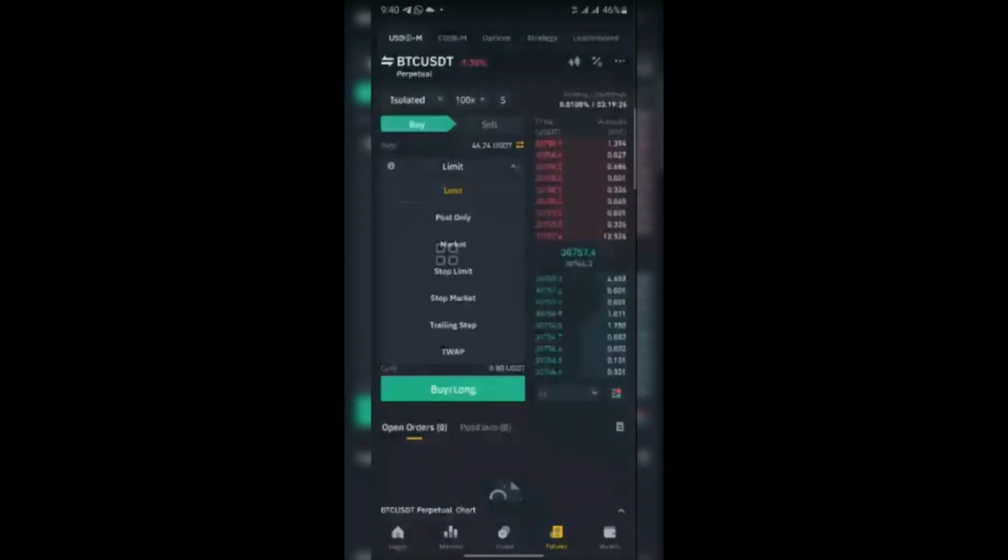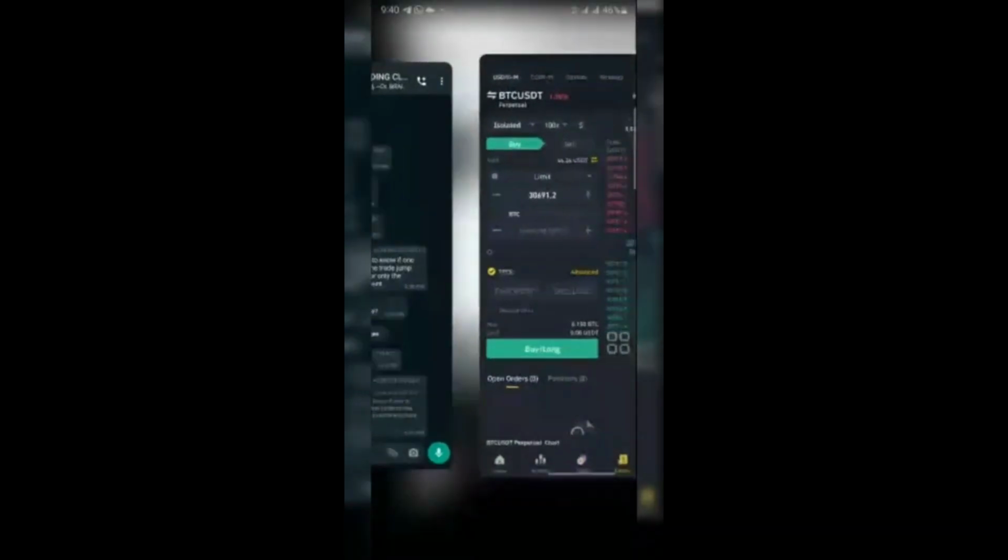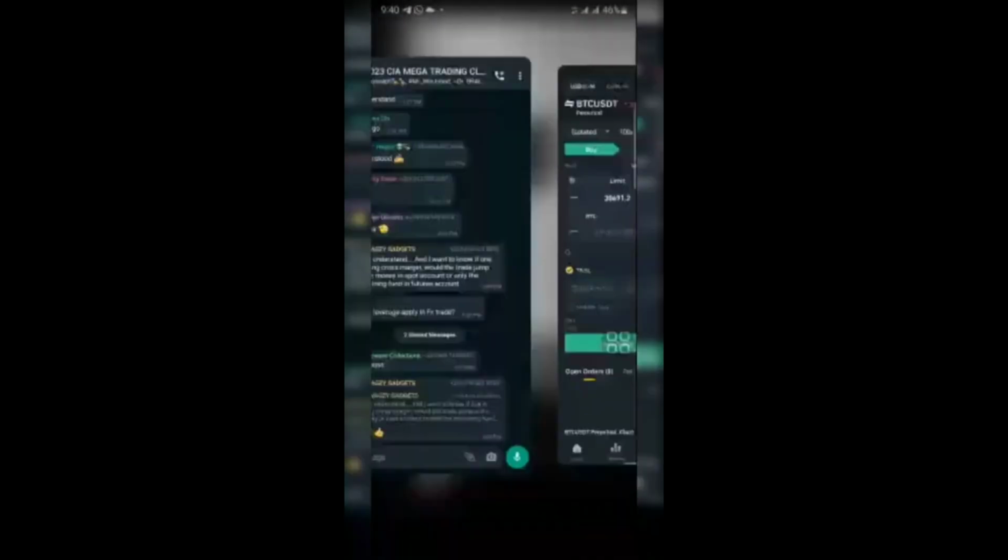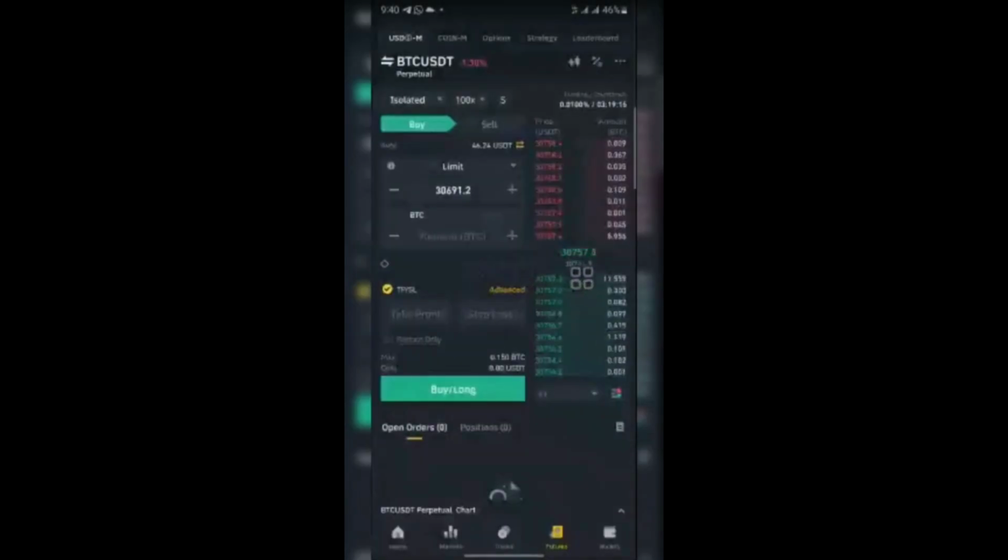Limit: if someone gives you a signal now, that you should short BTC when BTC gets to 31K, and BTC has not gotten to 31K, so that's the limit. That is, you set the order down for the price to come to that place, and when the price gets to that place, that's when the market should pick you. That's a limit order. But a market order means you want to enter at this particular current market price. You understand? That's what market means.